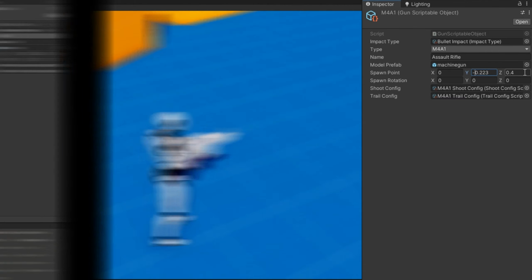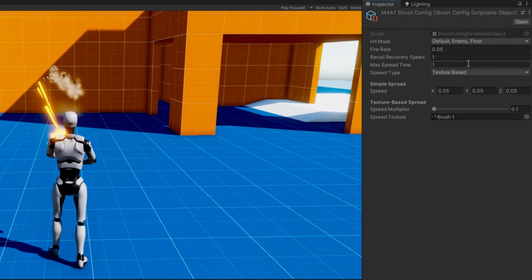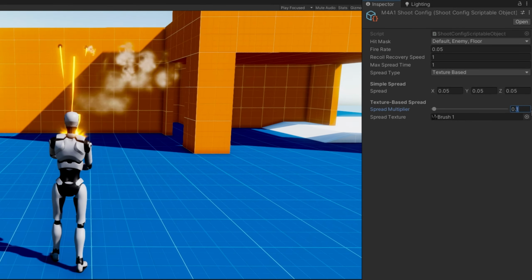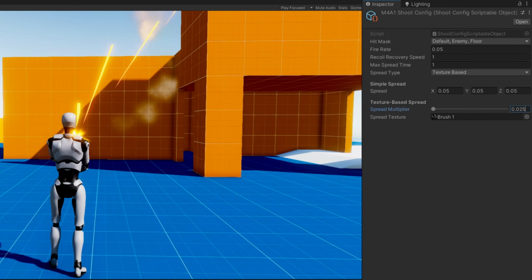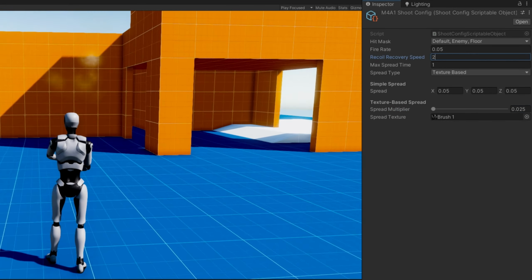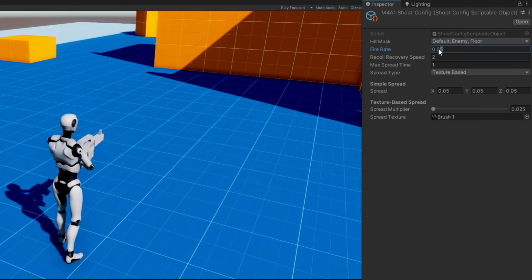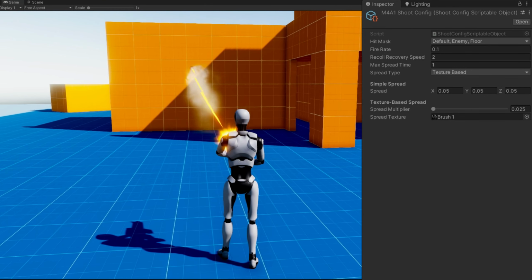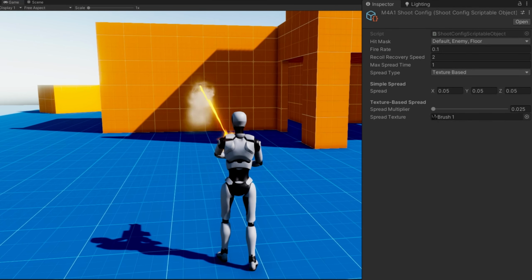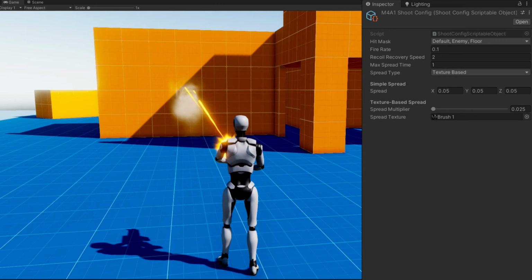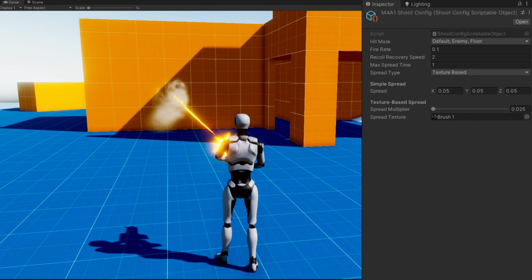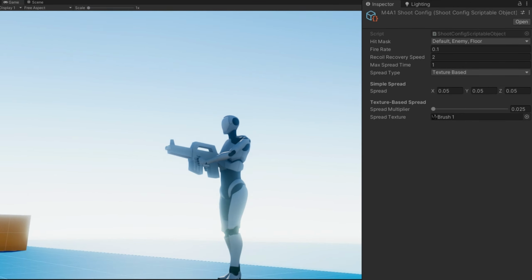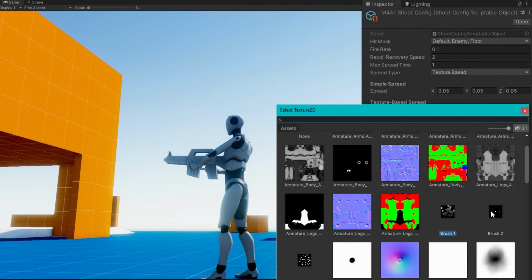If we click play with these settings, spread amount here is probably too much with how crazy it's going. Maybe the recoil recovery speed could be a little bit higher. I also think 0.05 rate of fire is probably too high. The gun is recoiling as we shoot, applying some kind of random, and if we think maybe this is too accurate still because it's still pretty close to the middle, we can play with a spread multiplier to make it go more wild. What's cool is also at runtime we can change that spread texture and get a totally different